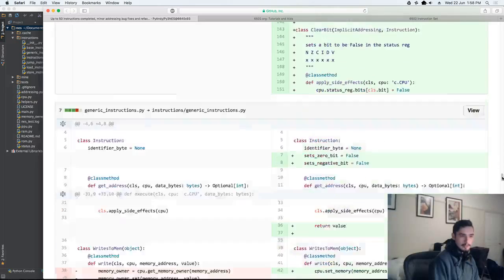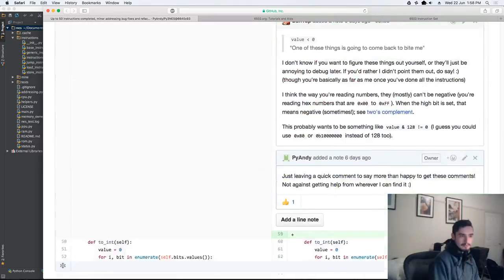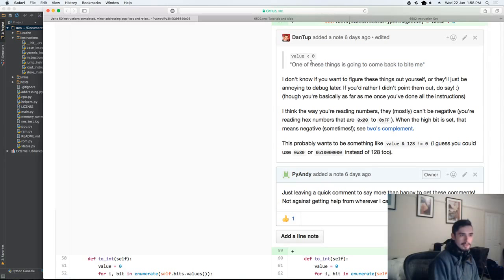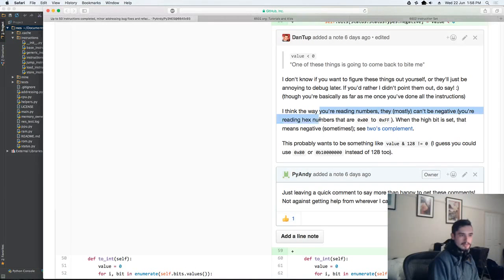Yeah, it's pretty cool. There was also a second comment left somewhere down here. One of these things is going to come back to bite me. Yeah, I think the way you're reading numbers, they mostly can't be negative. You're reading hex numbers 0 to FF. When the high bit is set, that means negative sometimes, two's complement. Yeah, so